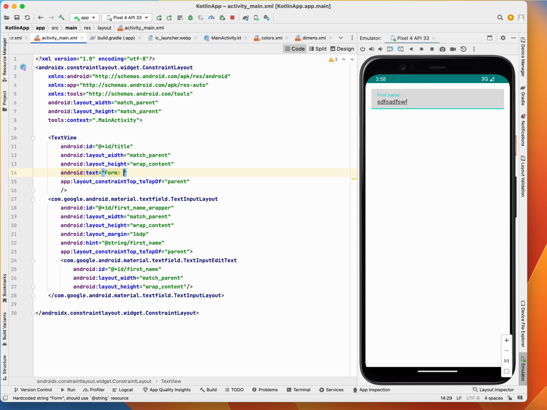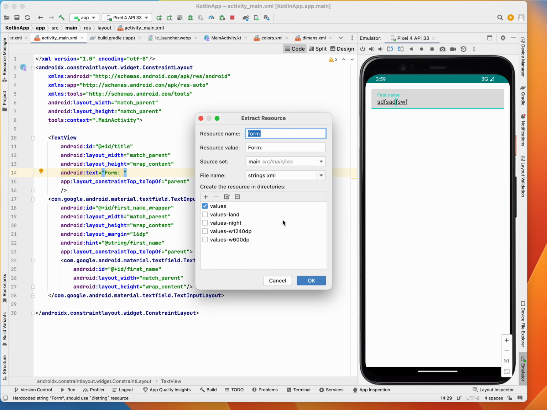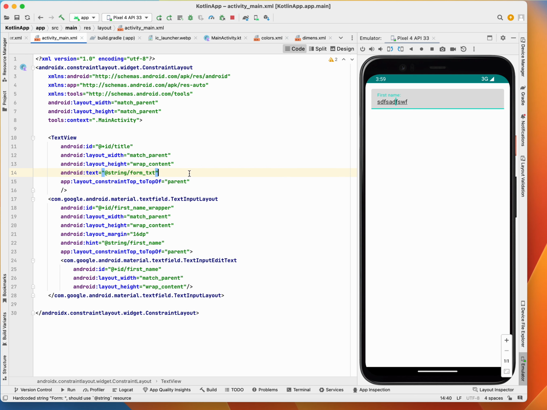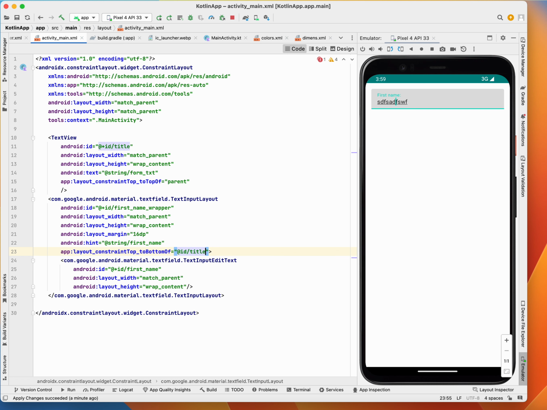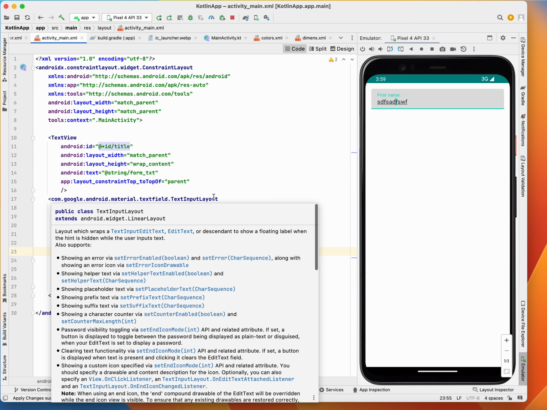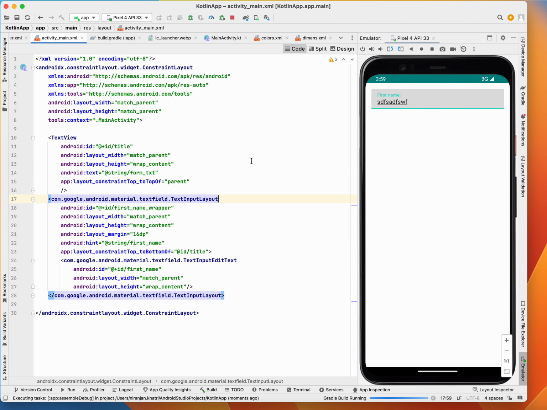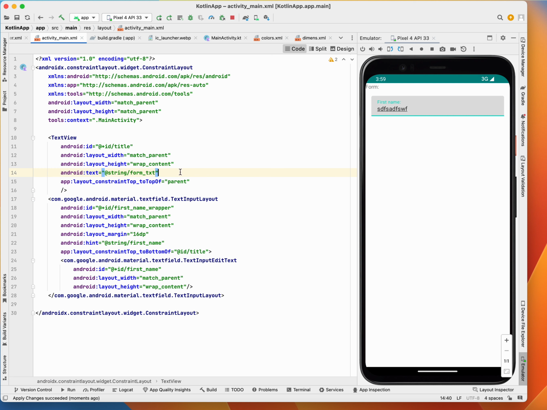It's a form. Okay, so you have to fill this form, right? Let me extract the resources and the form text. Okay, and this is to the bottom of the title. So this is pretty much in the bottom of the title. Okay, so let me apply this and see. Yeah, this is a form, but I want this form to be in the